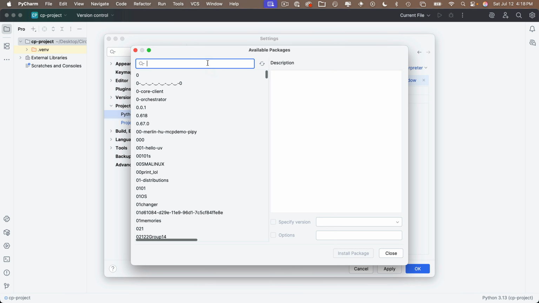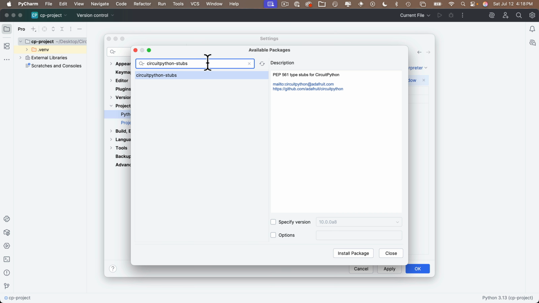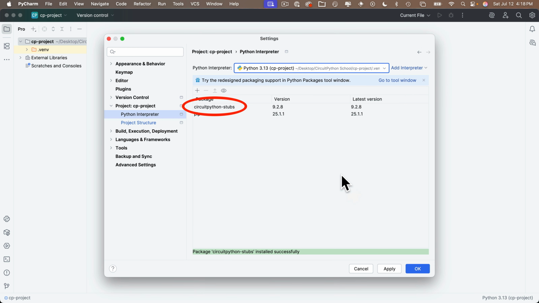So in that search field, we'll enter CircuitPython-stubs. Notice as you type, the options will narrow down until just what we want shows up. And with CircuitPython-stubs selected, press the Install Package button on the bottom right of the window. It'll take a moment to install, then click Close, and in the Project Python Interpreter setting, you should now see